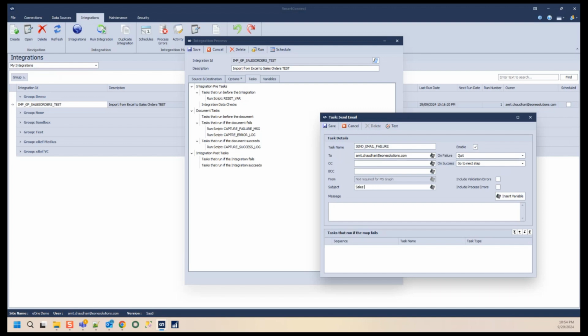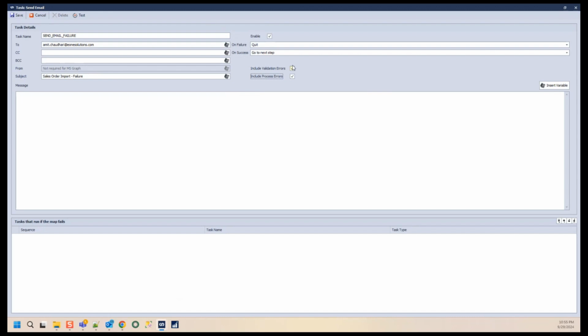Like sales order import failure. I'll check these two checkboxes, which tell it to include any failures. It will include the attachment which will show you the list of the data that has failed. So what I'll do here,